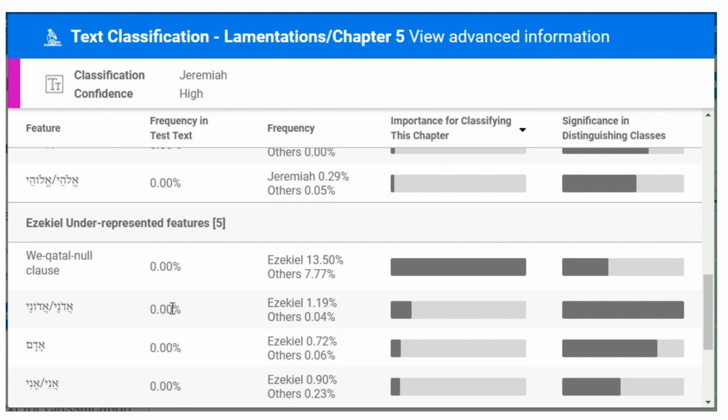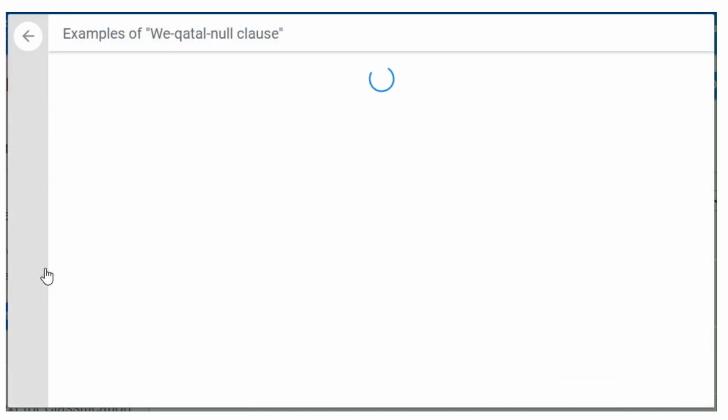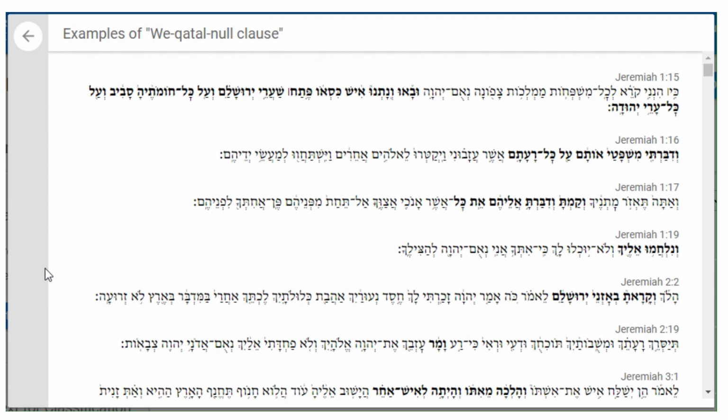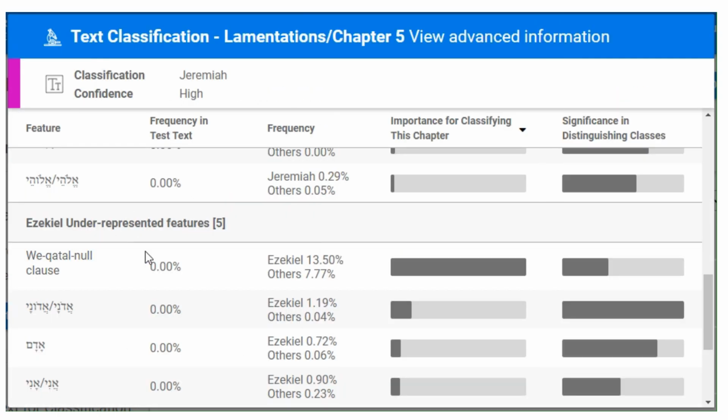And the most significant of these is the vekatal null clause. If we don't know what that is, we open it up and we see examples. Vedibarti mishpatai otam, vekamta vedibarta, venilchamu elecha. These are totally absent from Lamentations 5. And so this, more than anything else, contributes to Tiberias' determination to classify this chapter as more similar to Jeremiah